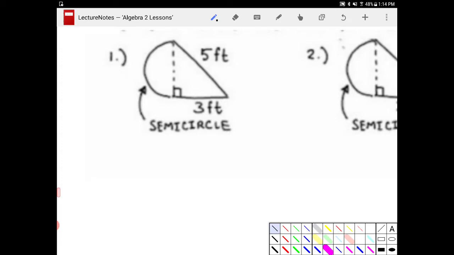In order for me to find the area of a semicircle, I need to know what the radius is. So in order for me to find the radius, I need to know this dimension here. I'm going to use a different color, red. The height of this triangle must be 4 because this is a 3, 4, 5 triangle. And the height also happens to be the diameter of the semicircle, which means the radius then is equal to